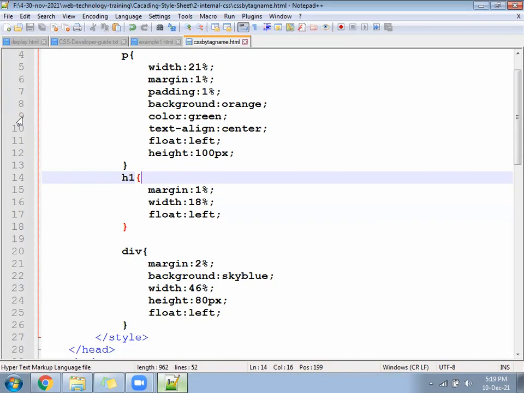What is the total height of the P? Height 100 we have given. In that, apply padding top 40 pixel in the paragraph P tag. Not margin, padding. Check once, it's coming in the center.